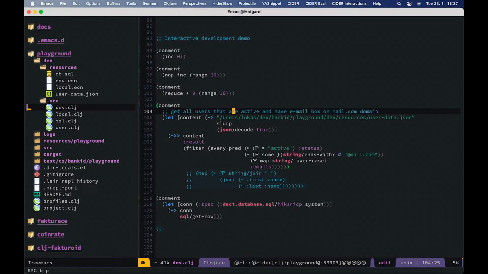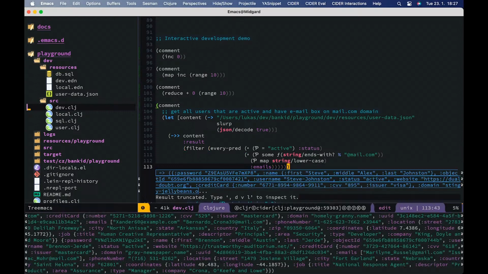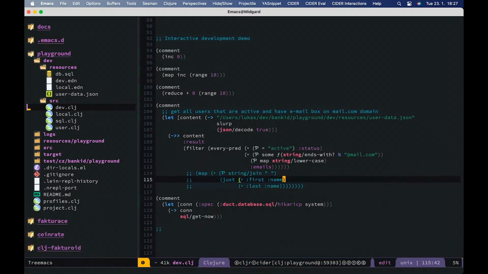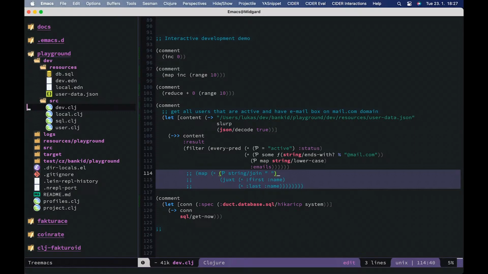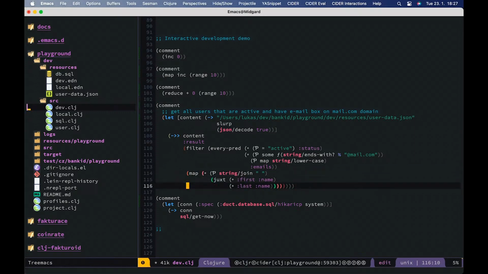So I'm loading the file into memory. This is here, just parsing the file. So from the string I got an object, and there is a somewhat composed filter. We don't need to go into detail because I don't want to teach you Clojure today. Maybe next time. But this is the output we got, right? So we filtered expected users, but that's not what we want, right? So what I can do in an iterative manner,